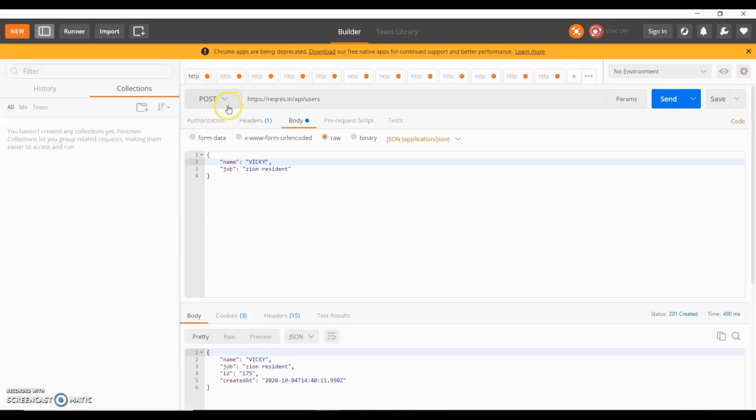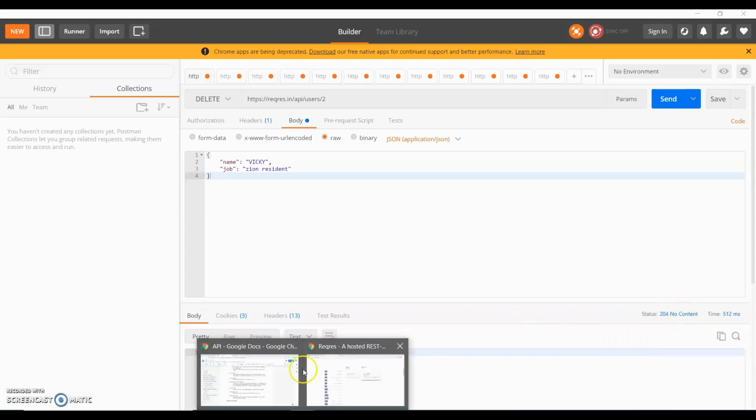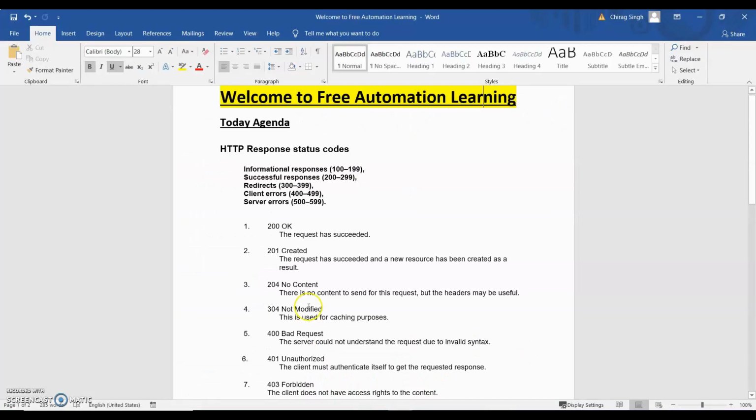If I select delete here and delete this one and send, you can see 204 no content has been displayed. In the body we do not get any information, but we are getting 204 no content. Okay, so 204 means we have deleted our data.